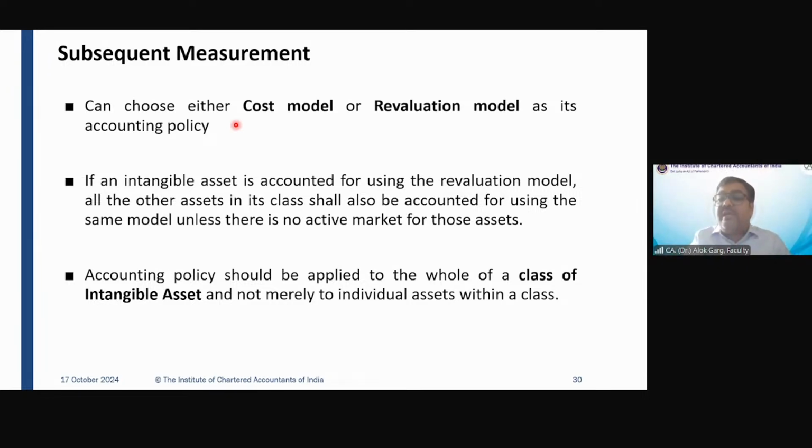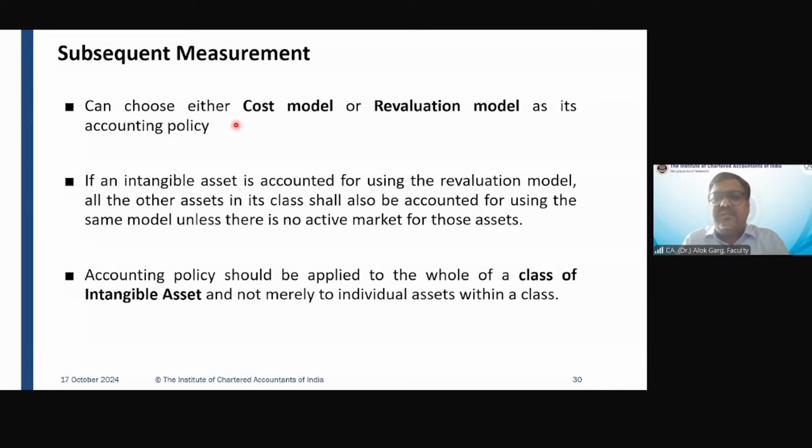What is subsequent cost? If after buying this asset I incur any further cost, that is the meaning of subsequent cost. And what is the meaning of subsequent measurement? I have not incurred any cost; I bought an asset and recorded it. Now, at every reporting date, how will I arrive at the carrying value of this asset? There are two methods of arriving at a carrying value, either cost model or revaluation model. Either you apply the cost approach or the revaluation approach, meaning the fair value approach. I hope you have heard about the cost model or revaluation model.